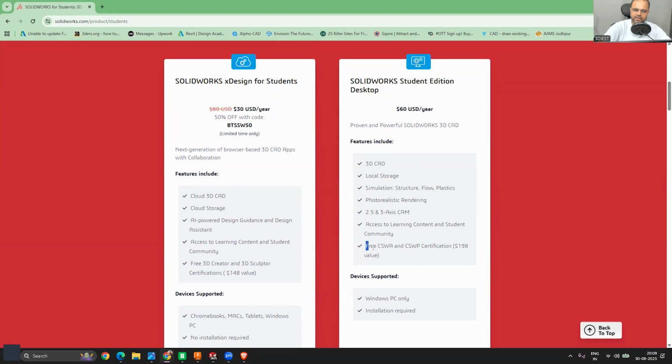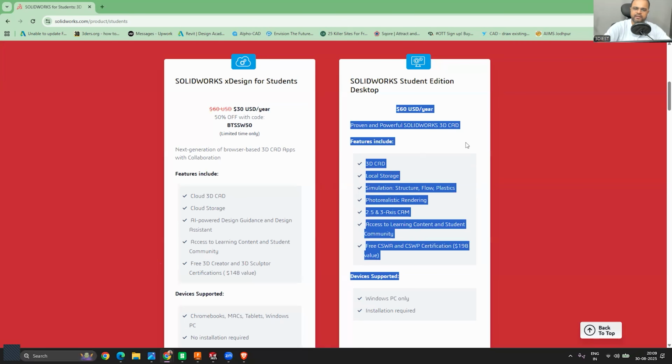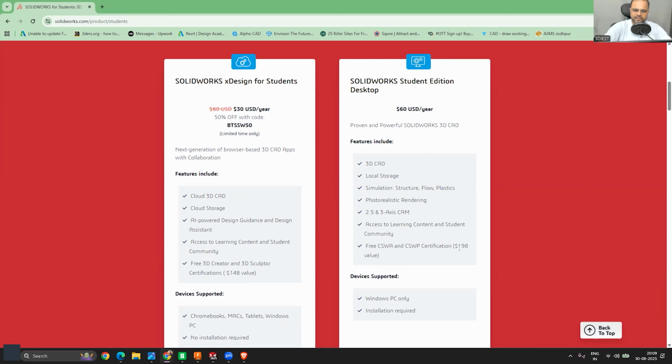These 2 certifications come free with this complete purchase, as you can see. They only cost around $200, but if you buy the license, you will get them for free. This offer is especially for students, so you can check it out.